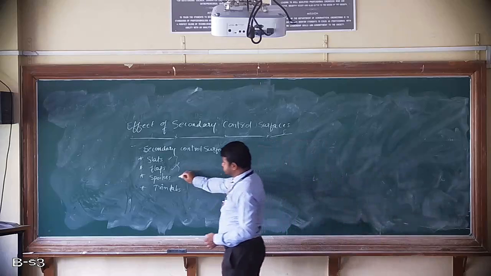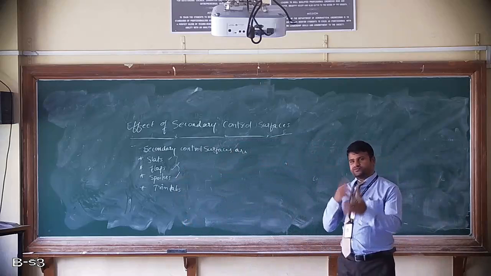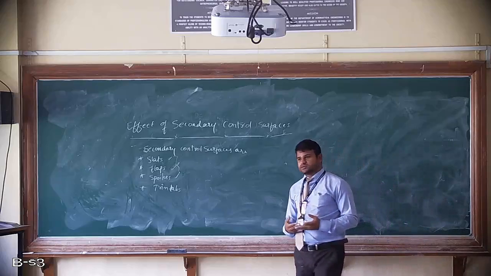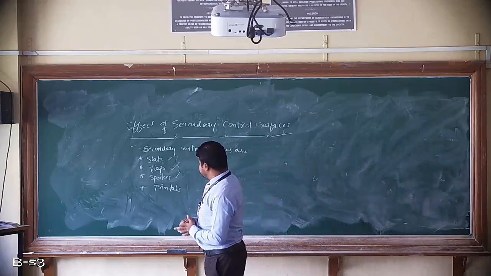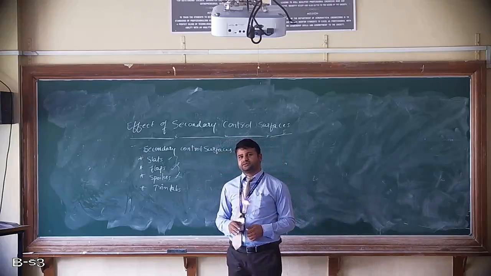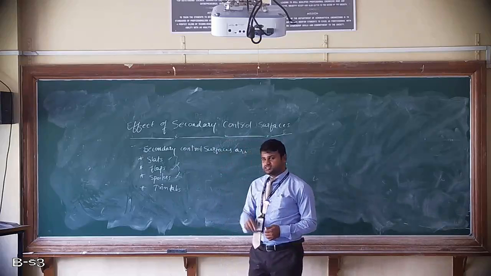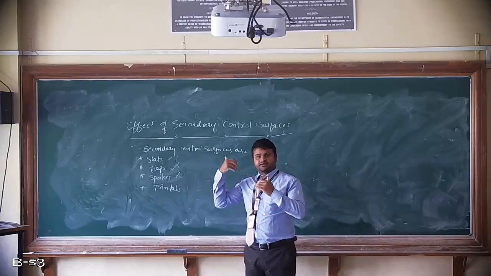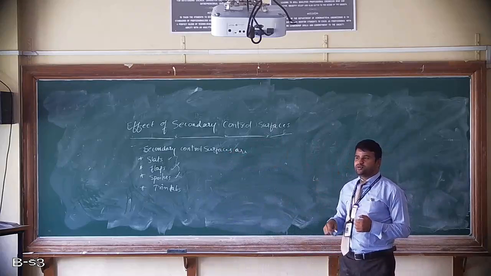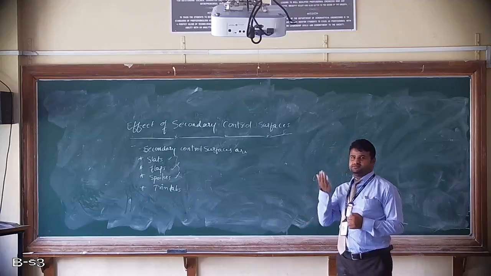And next, spoilers. Nowadays spoilers are used in many vehicles. For example, cars also use spoilers, because a spoiler cuts the lift. That means it will not help to produce lift; instead, it will help to decrease lift. It will not fly, it will stay down. That is the reason your cars have spoilers at the back end, above the boot. Why? Because of spoilers, the back side of your car will not lift in the air.